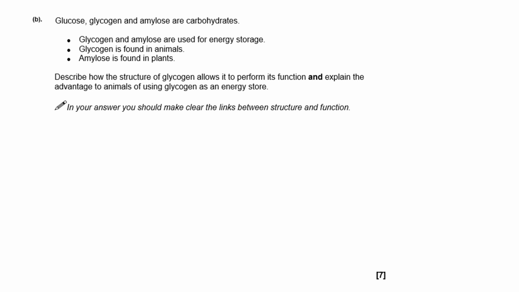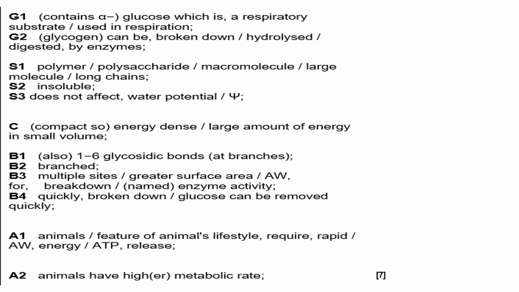So first of all, you need to focus on glycogen, not on amylose. That's been put in as a bit of a red herring. So glycogen is what they want you to describe the structure of, and then you need to talk about how it gives an advantage to the animal as an energy store. And here is a whole range of bits of information which would have scored you maximum marks if you had 7 of these various answers. So running from the top,